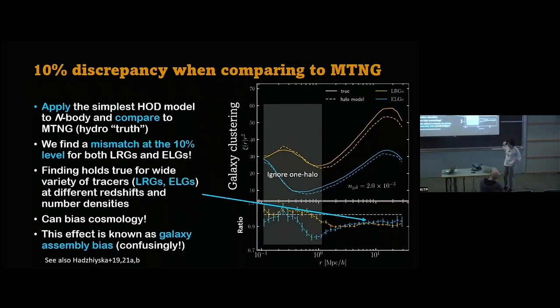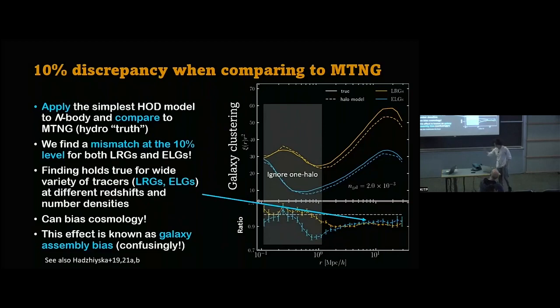That's a pretty substantial failure of that model. It implies that we can get bias on large scales or bias in the inferred parameters of that same order. And this finding actually holds true for a bunch of different tracers at a bunch of different redshifts and number densities. So it's important to address it in some way.